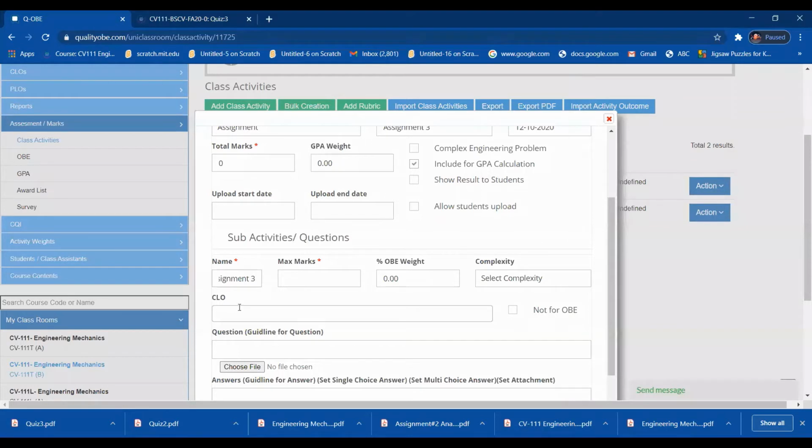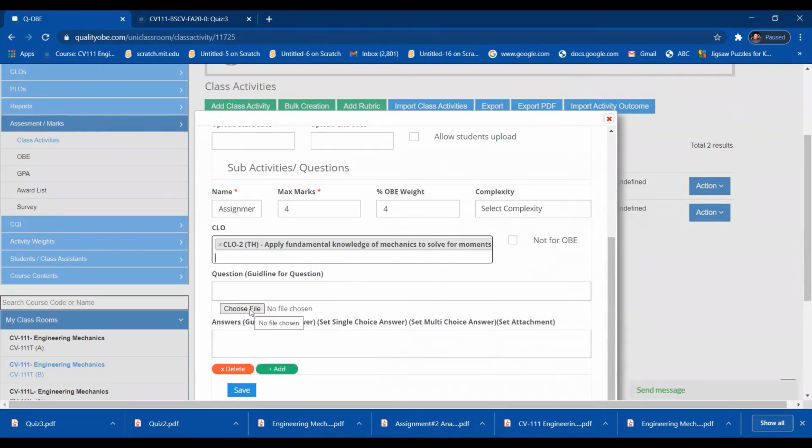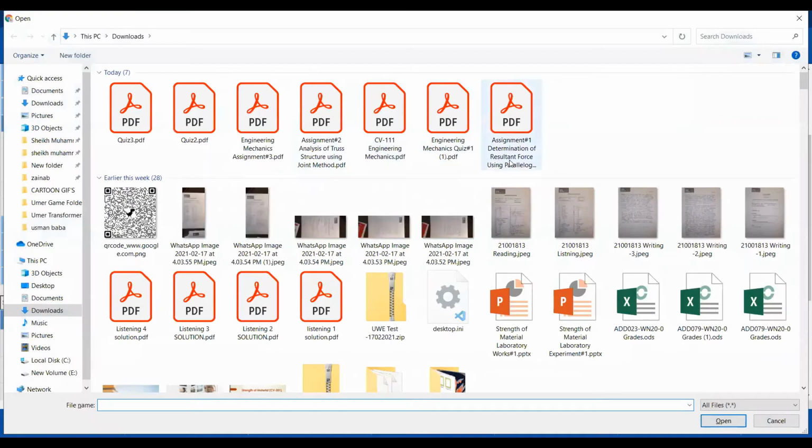Okay, this is assignment number 3, and assignment number 3 is of 4 marks, and its OB percentage is also 4. This is from CLO 2. Now I have to choose the file for assignment number 3.